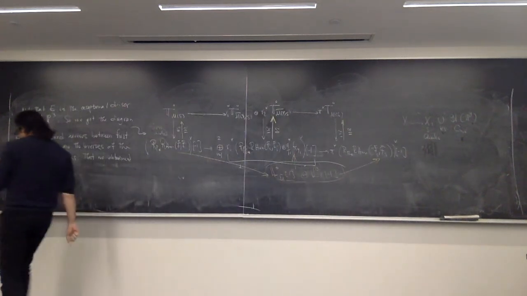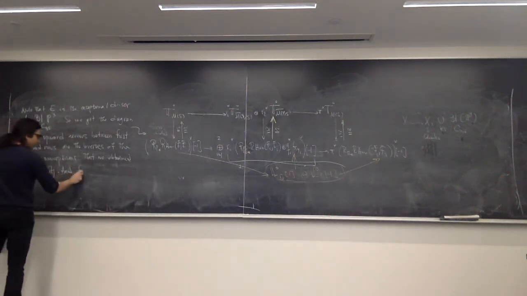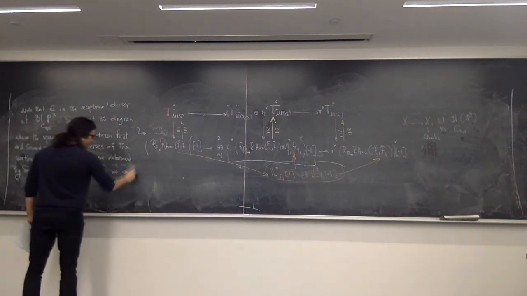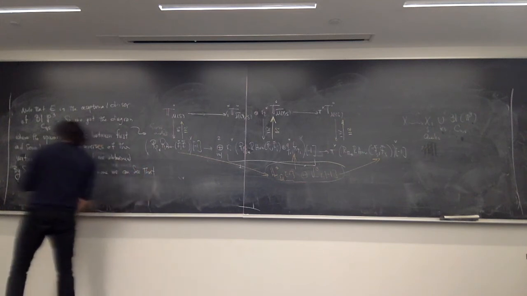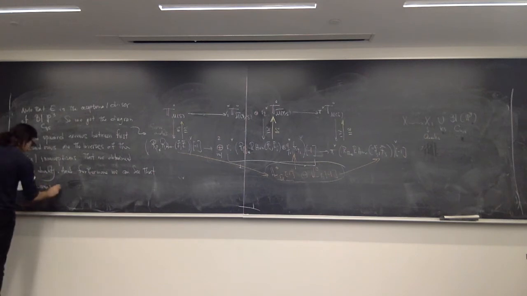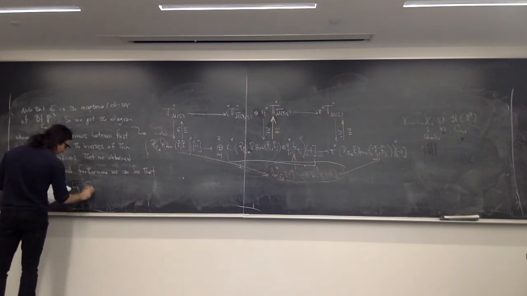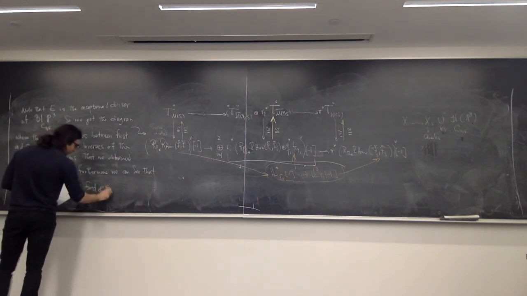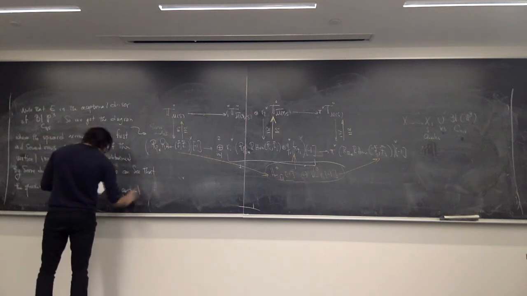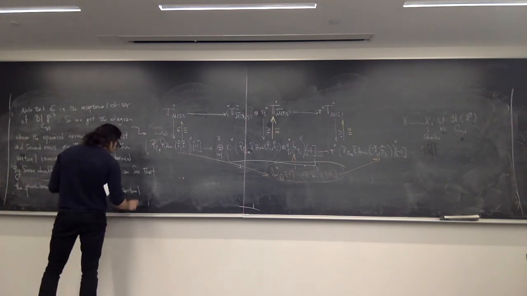Furthermore, you can see that the quasi-isomorphisms given by first and third vertical maps, first and third vertical arrows,